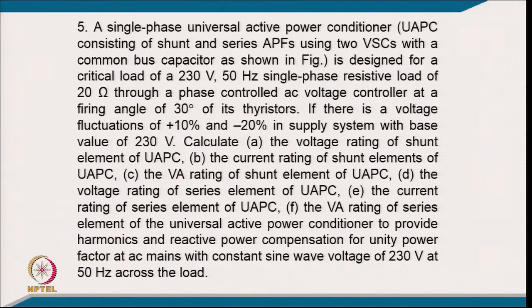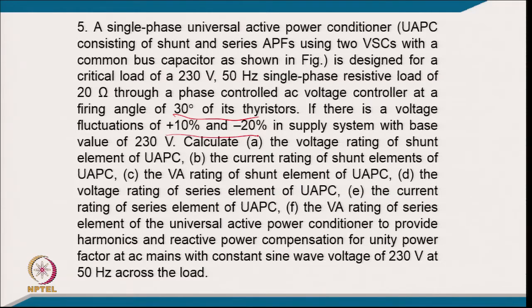Starting the fifth numerical example: a single phase universal active power conditioner consisting of shunt and series active power filters using 2 voltage source converters with a common DC bus, as shown in the figure, is designed for a critical load of 230 volt 50 hertz single phase resistive load of 20 ohm through a phase control AC voltage controller at a firing angle of 30 degree of its thyristor, and there is